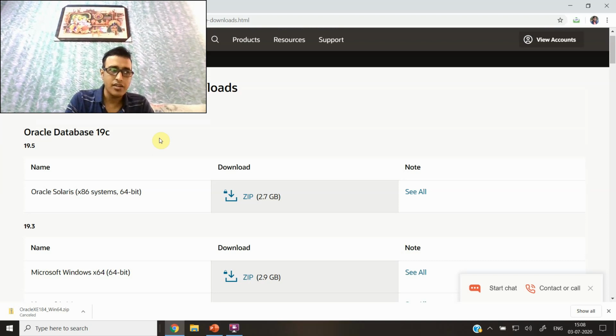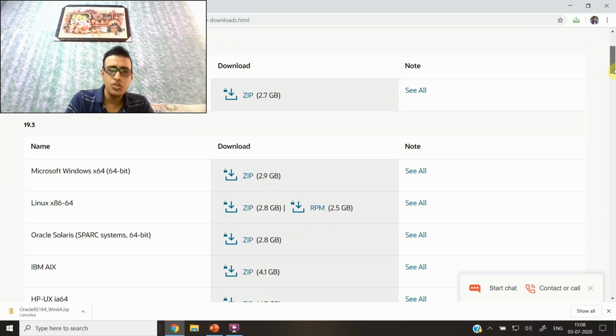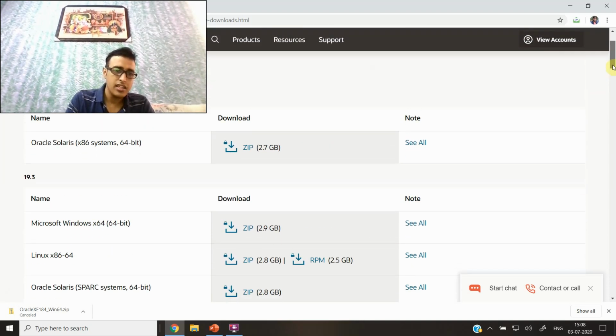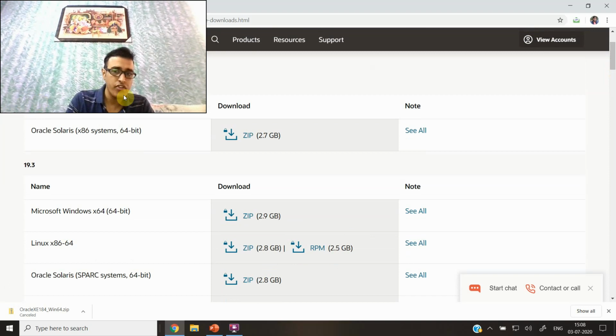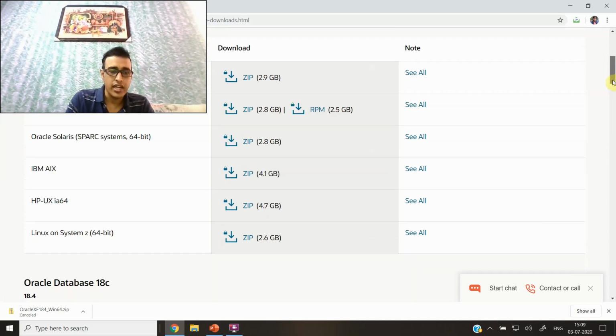Then we upgraded to Oracle 9i, and I have done the Oracle DB certification in Oracle 9i. Then we got the Oracle 10g version, and I have also worked in that. Then 11, 12, and now the latest version is 19.5. So you can see the growth of the versions in Oracle.